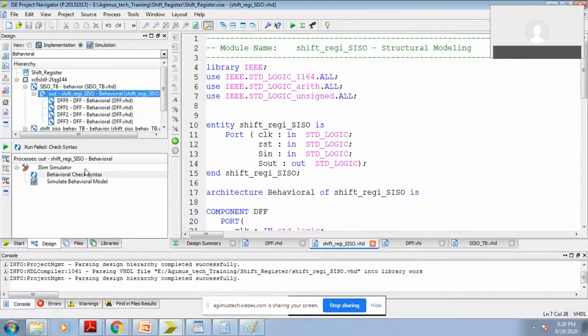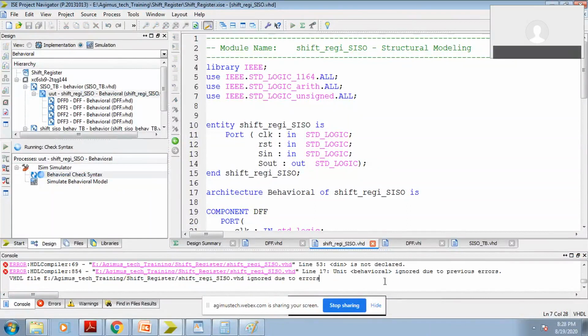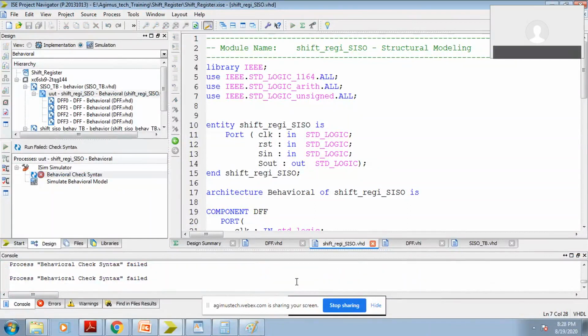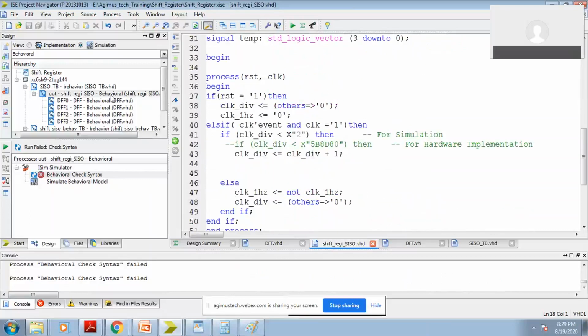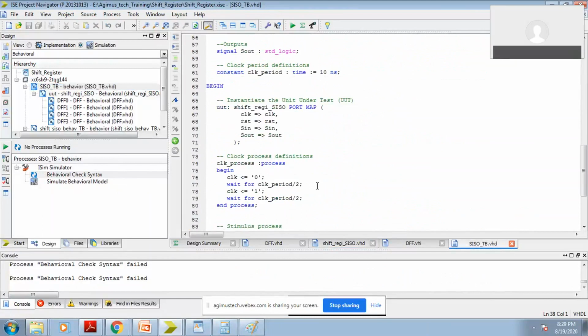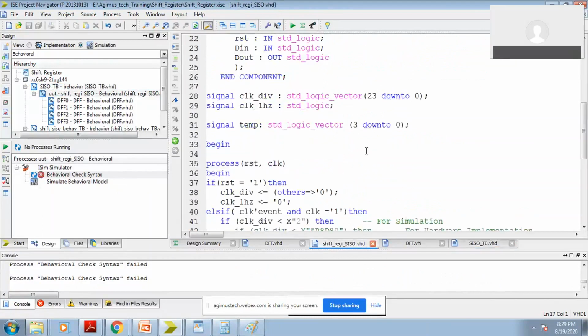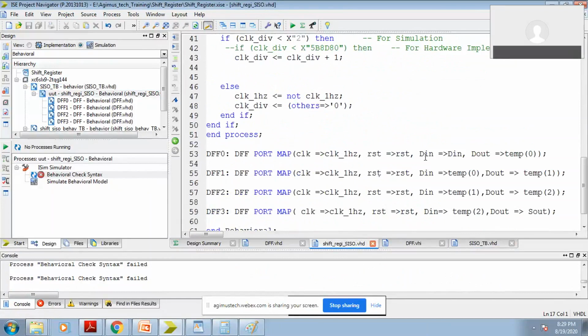Now again, if you go for check syntax. Yeah, so there is a mistake. I have not used a... it should be a semicolon.